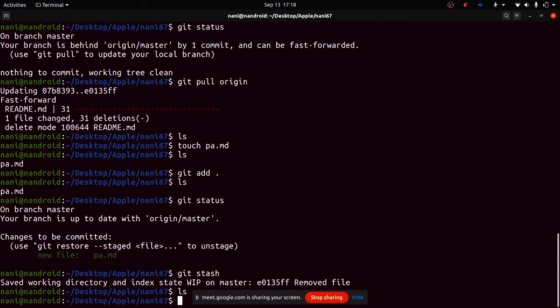So I used git stash, and whatever was there in that staging area will be sent directly to the recycle bin and deleted right away. So I just went back one step, but I didn't even use any git commit, because I thought this file was useless. That's it.